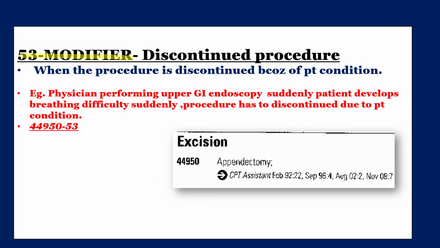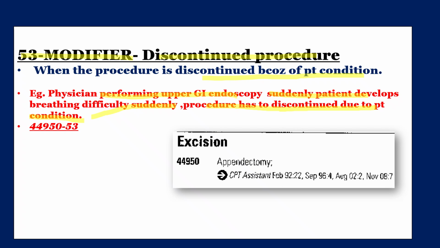53 modifier, that is discontinued procedure. When the procedure is discontinued because of patient condition. For example, when the physician is performing upper GI endoscopy, suddenly the patient develops breathing difficulty. In that case, the procedure has to be discontinued due to patient condition. When the procedure is stopped due to that condition, in that case we should append 53 modifier to the procedure